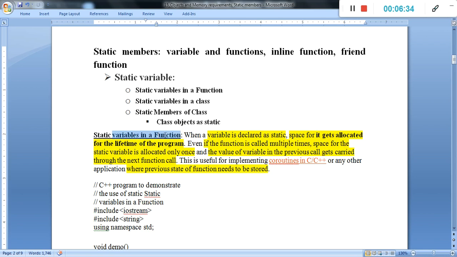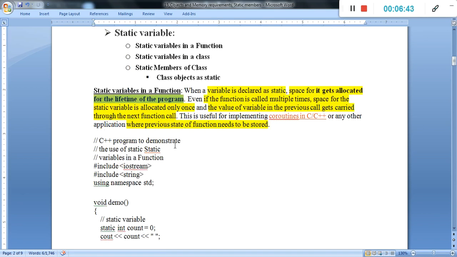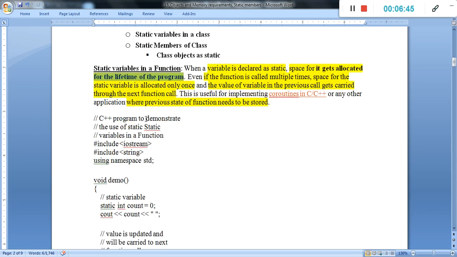Static variable in a function means a variable is declared as static, and space for it gets allocated for the lifetime of a program. When we define the static variable under the function, the particular memory is allocated for the whole life of the program for that variable. If the function is called multiple times, space for the static variable is allocated only once.